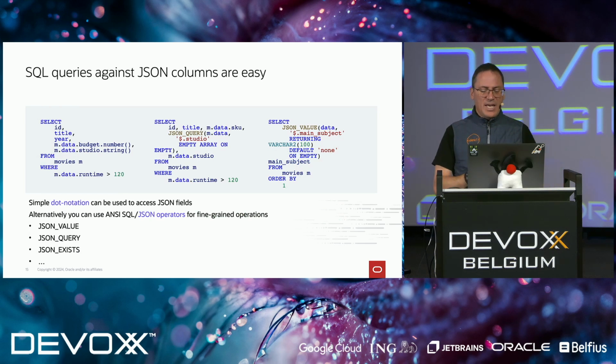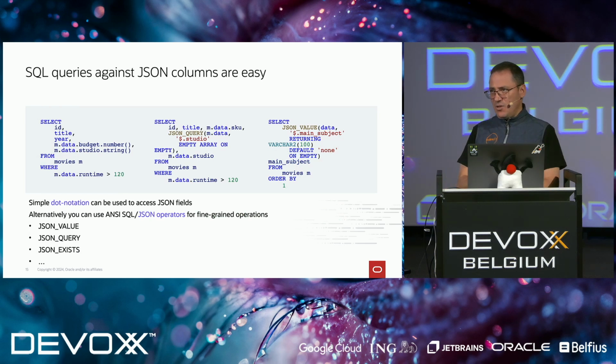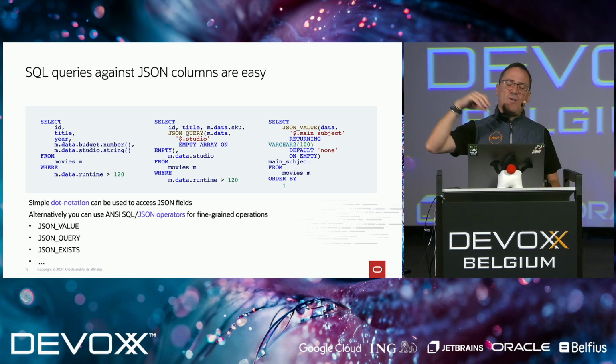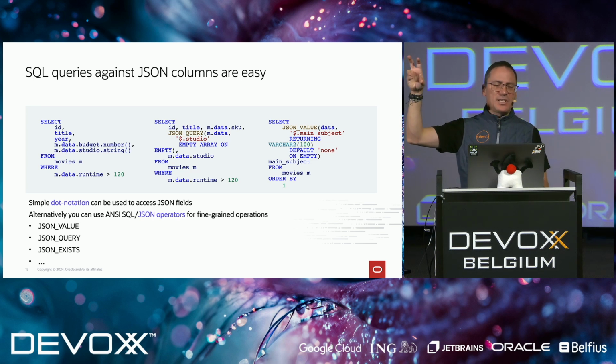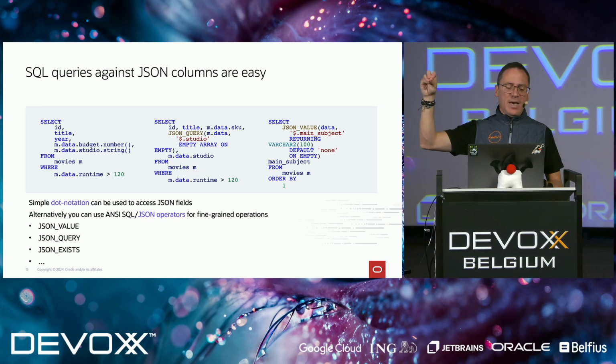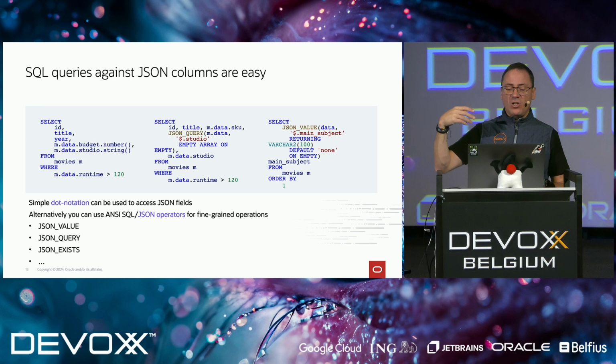So given that we have access to JSON directly in the SQL standard, these are the things that we can do. The query on one side uses the dot notation to navigate the relationship that you have from the root of the document, which in this case will be the data column. Then we see that it has a property called budget and another property called studio.